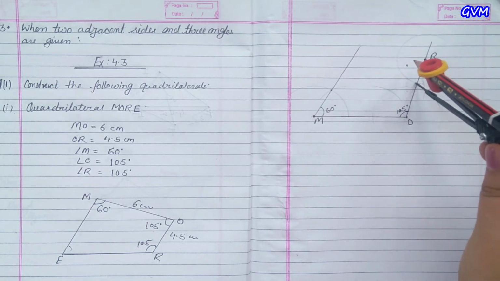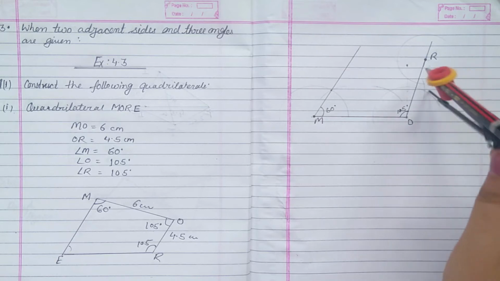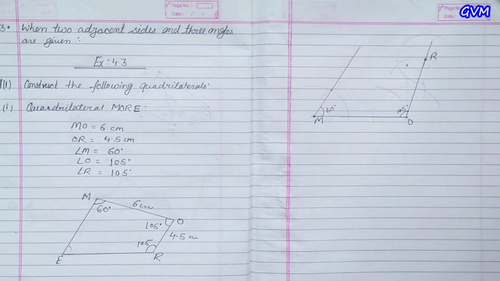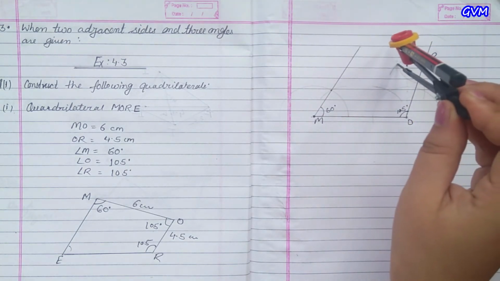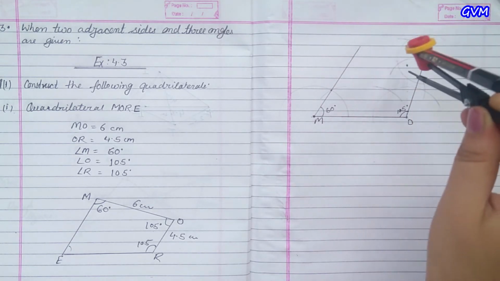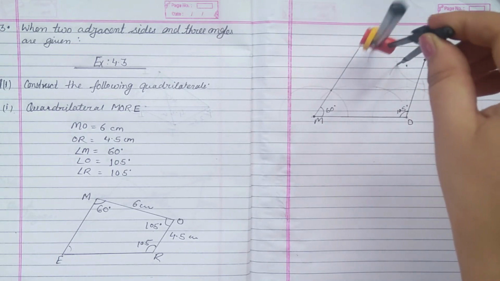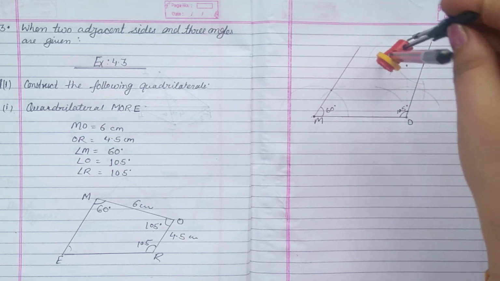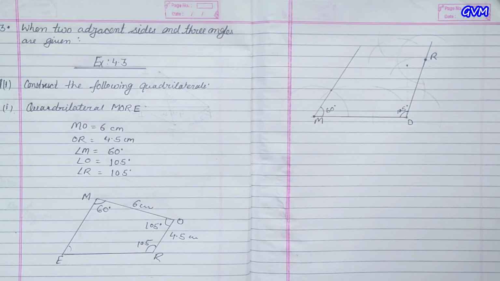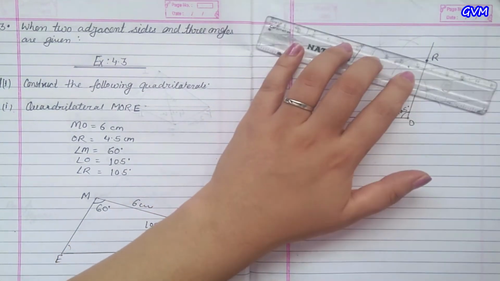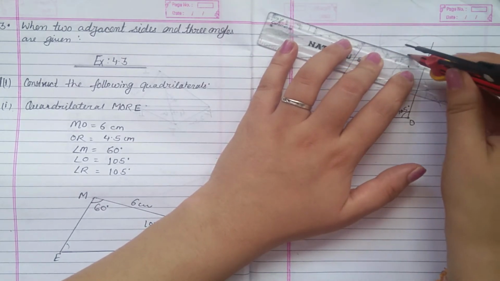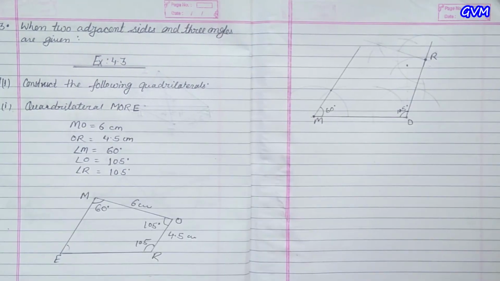Now at this point where the arc is intersecting the line, put the needle and make an arc over this arc. So this is 60 degree. Now from 60 we will again make an arc over this arc. This is 120. Now we will make a 90 degree angle. So put the needle at 120 and 60 and make 2 arcs above. So the intersecting point is 90 degree. So join the point of 90 degree and the arc. So this is 90 degree.